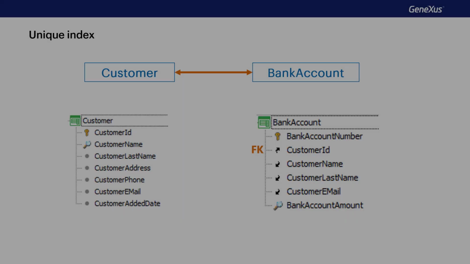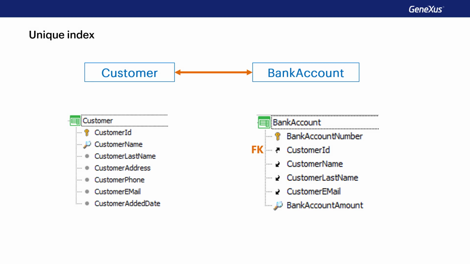Now, let's go over this other scenario. A travel agency needs to associate with each customer the bank account opened to pay for the services hired. In this way, a customer has only one bank account, and one bank account is associated with only one customer. But this design on display represents a one-to-N relationship, and somehow we must then limit N to 1.